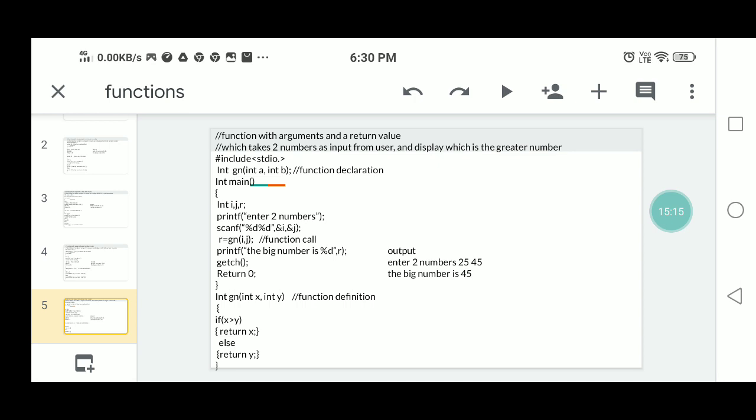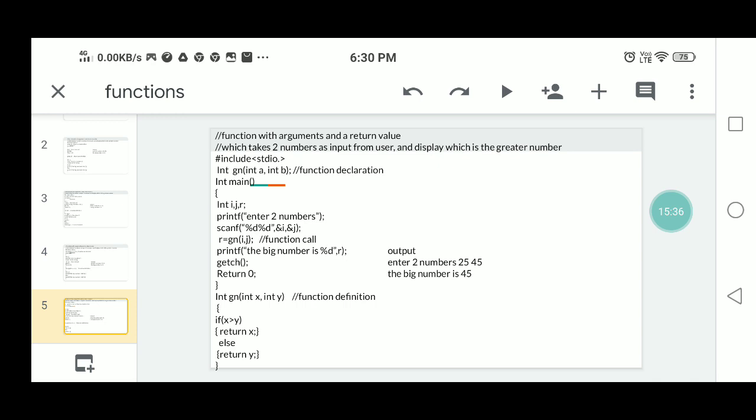So after passing the values from actual parameters to these formal parameters, it will check the condition whether the value of x is greater than y or not.